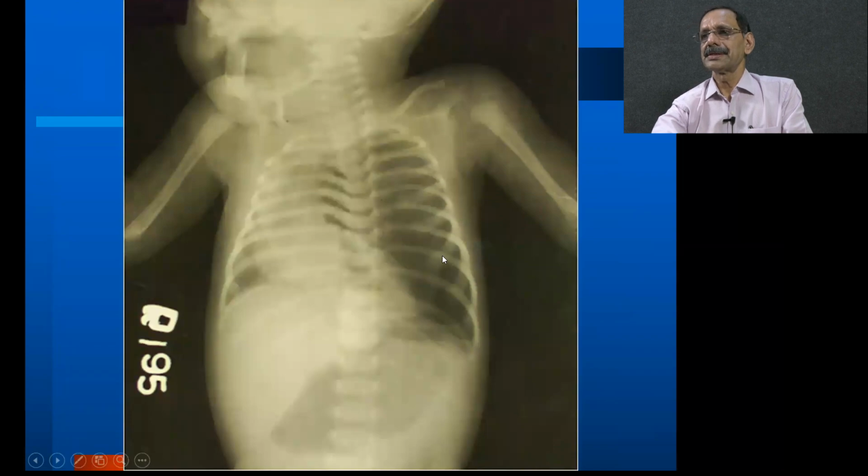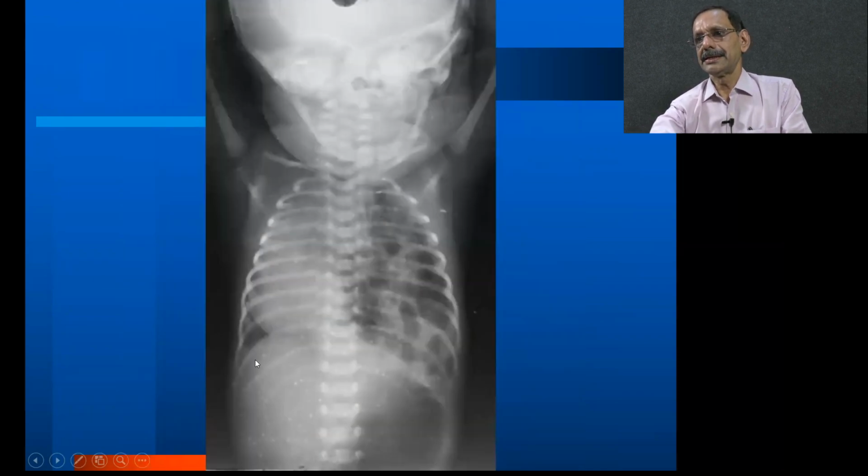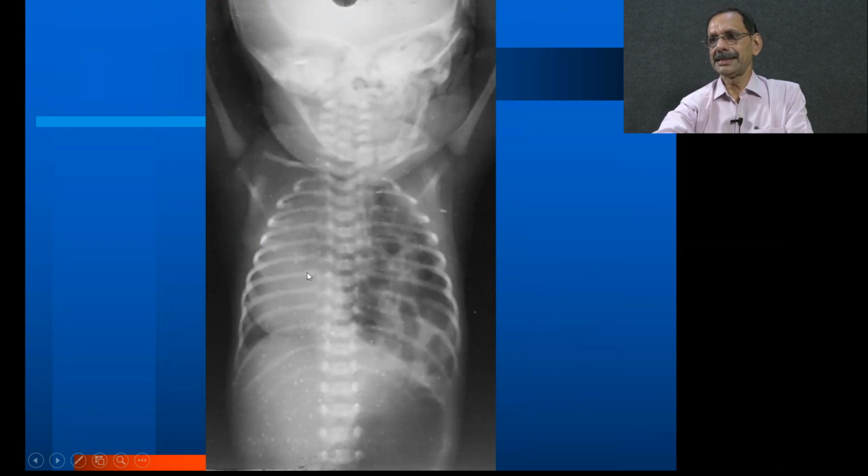See, this is congenital lobar emphysema, which is more common on the left side. See, there is herniation of the lung to the right side, and the diaphragm is pushed down. Here the diaphragm is traceable, but here it is not traceable. Instead, all the intestine has gone up. So this is a diaphragmatic hernia which is pushing the mediastinum to the opposite side.